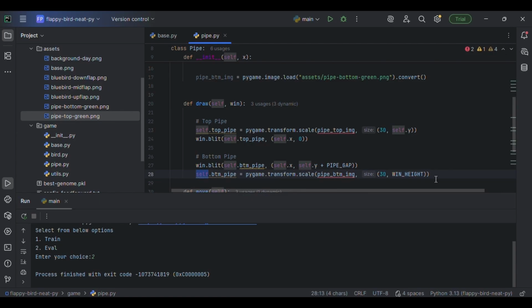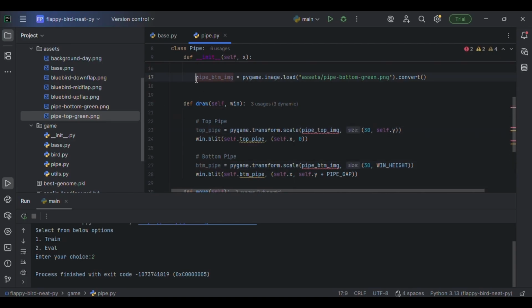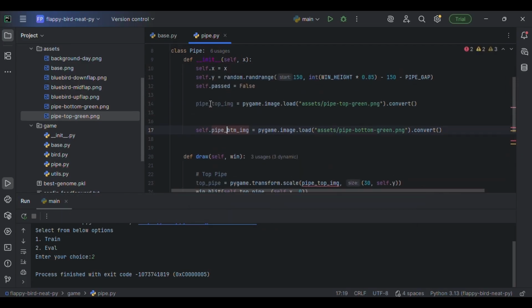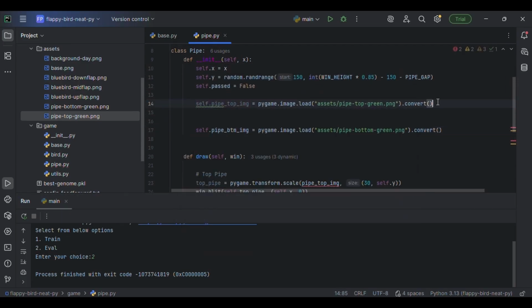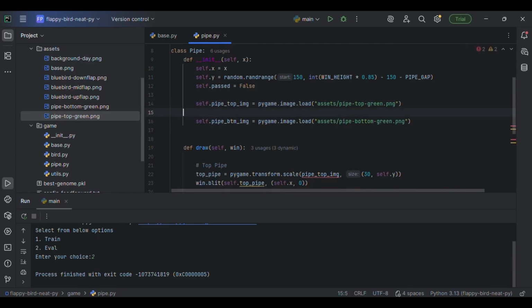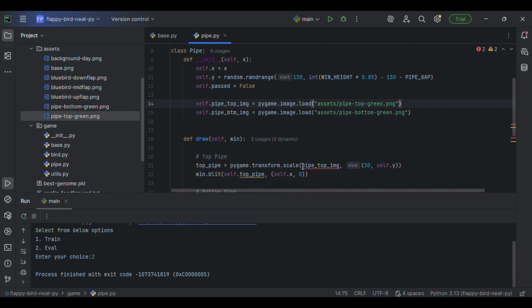Here we'll not use self, instead let's make these things, and actually we can't convert also if pygame is not initialized, so we'll keep it like this, and here we'll try